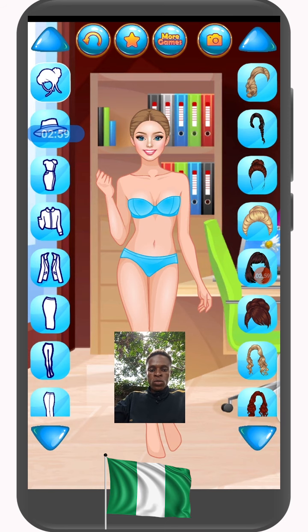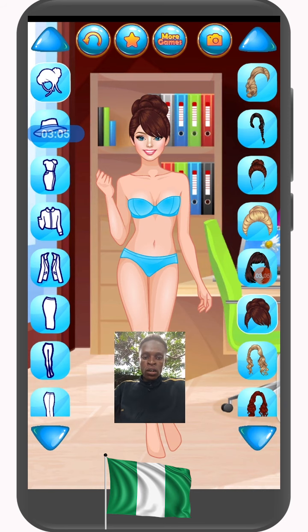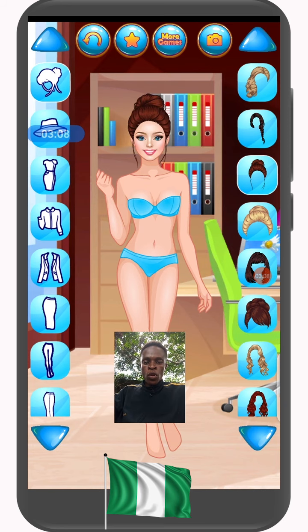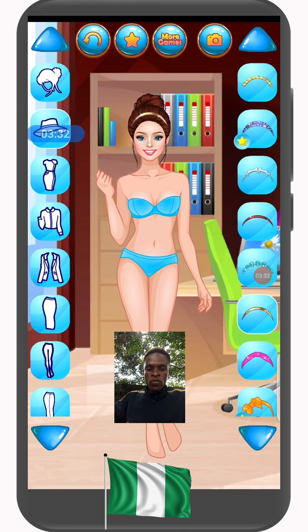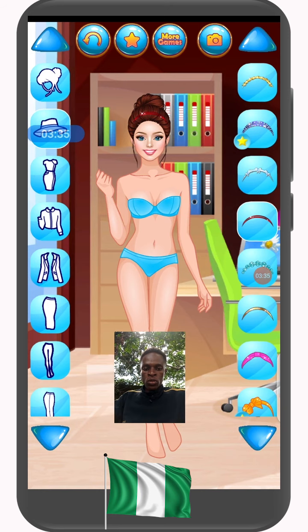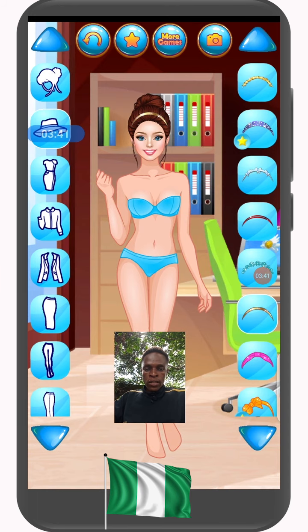So we're on the hair now. If you touch this, you notice it will change. There are a lot of options here, but I think I'm more comfortable with this one, or even this. I think this one looks okay. So now we go down to the second one, which is where you select something for the hair. I'm not all that good in women's wear, so you bear with me. I think I love this second one. All these things are options you can choose from, but I think I like this.